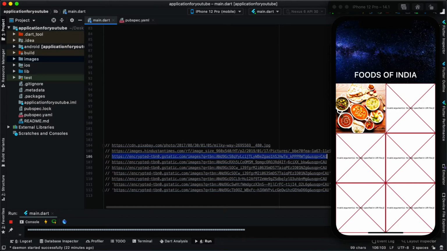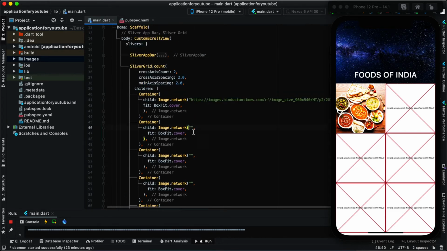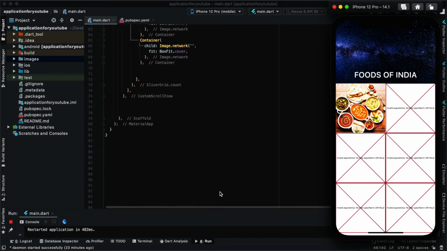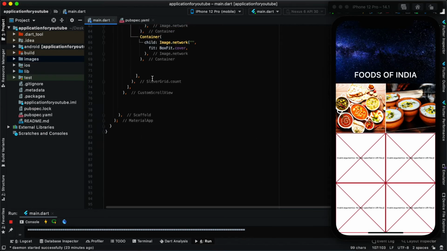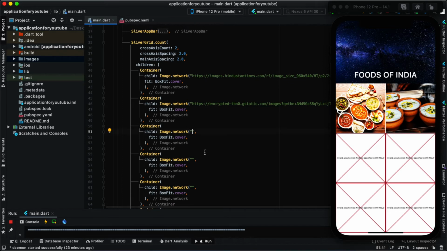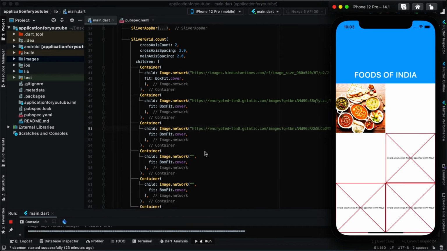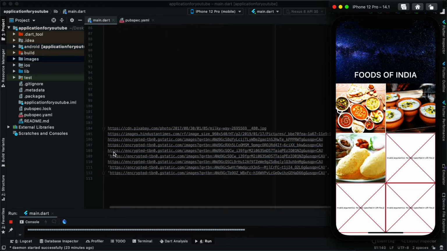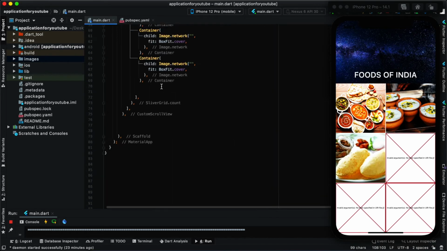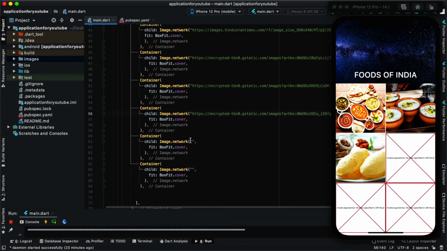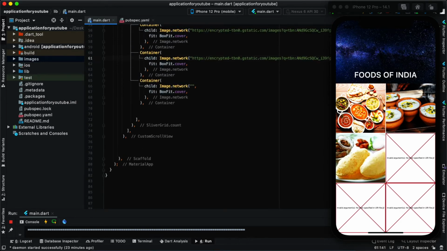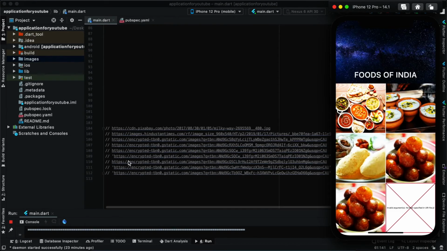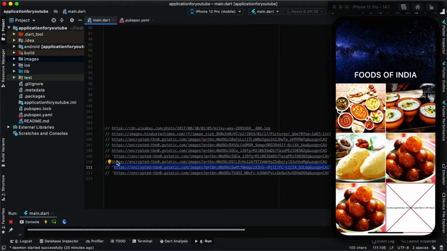Okay, so the next one is this. Then I have this. Okay, so the next image would be this. I'll just change the images first. Okay, so this is the other image, and the last is, I guess, this image.